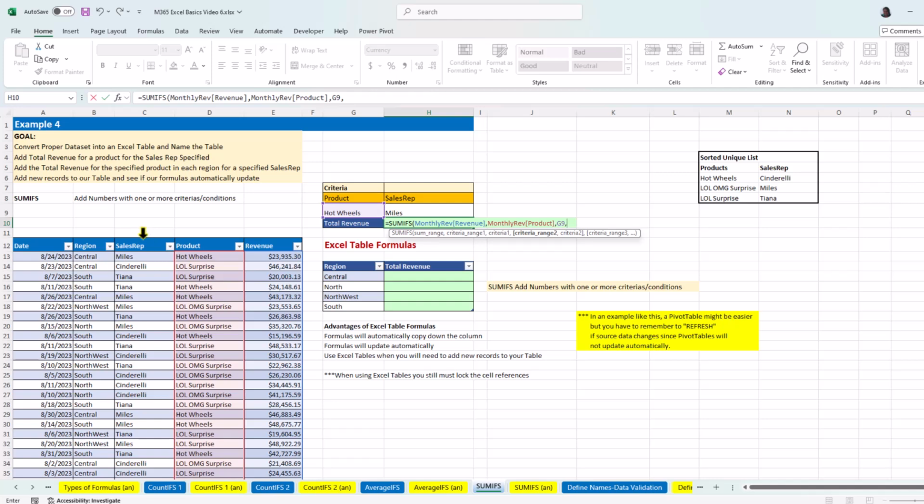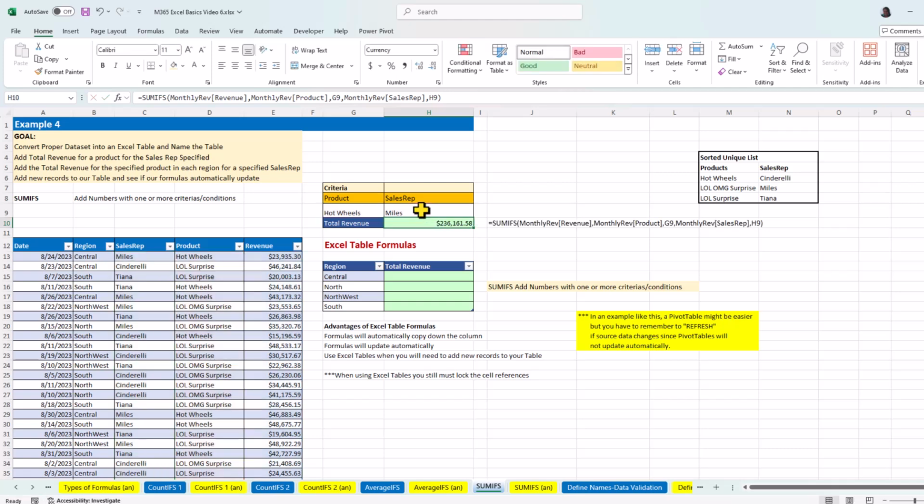I'm hovering on my table, and once I see that arrow, I will click on it to select the sales rep field. And then I'll put a comma to separate the argument. And I'll provide our second criteria, which is the sales rep right there. And I will close our formula and Control Enter. And I can see now we have calculated the total revenue if the product is Hot Wheels and the sales